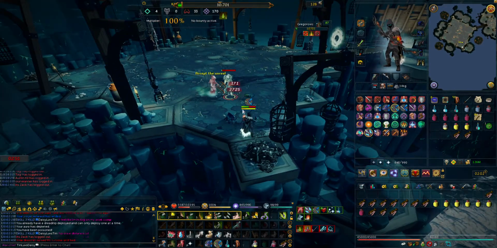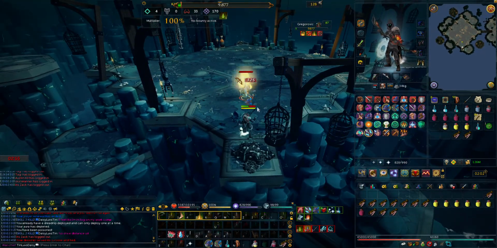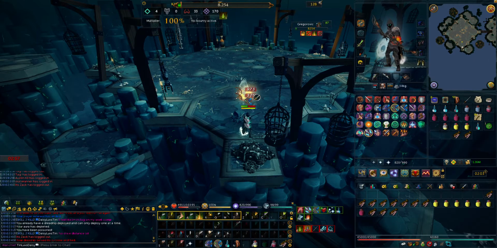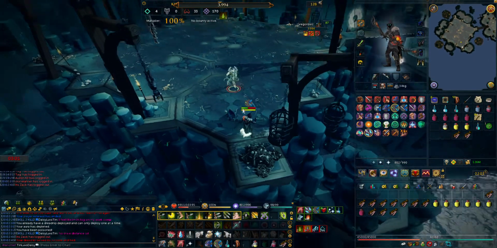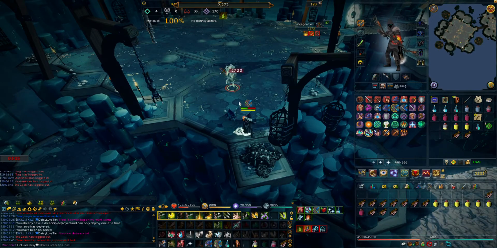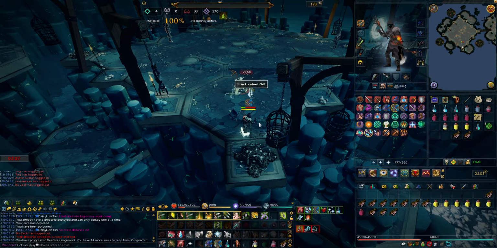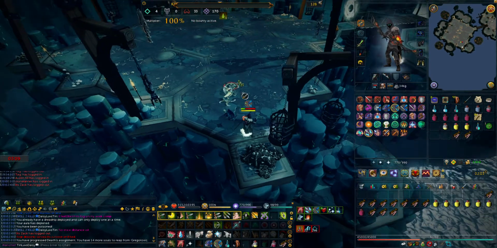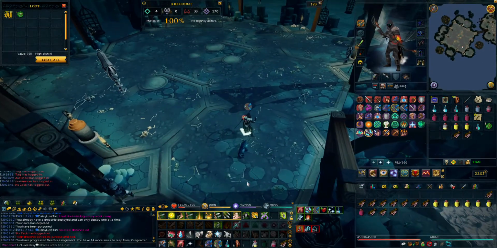Like, him and Hellware, I think, are the two God Wars 2 bosses that you gotta watch out for as far as being in danger. Twin Furies are cake, and Vindicta is pretty cake as long as you stay out of the fire. But Hellware and Greg here both just do constant DPS. So